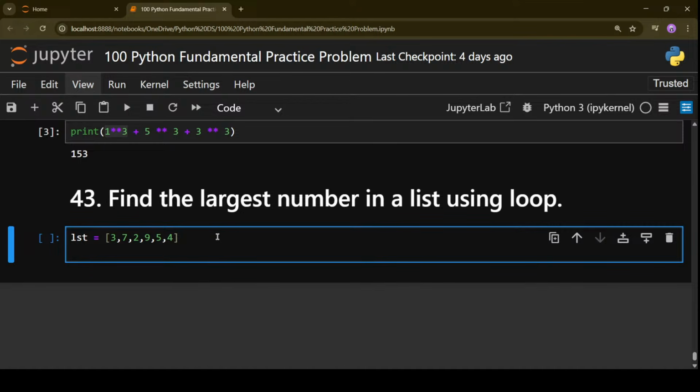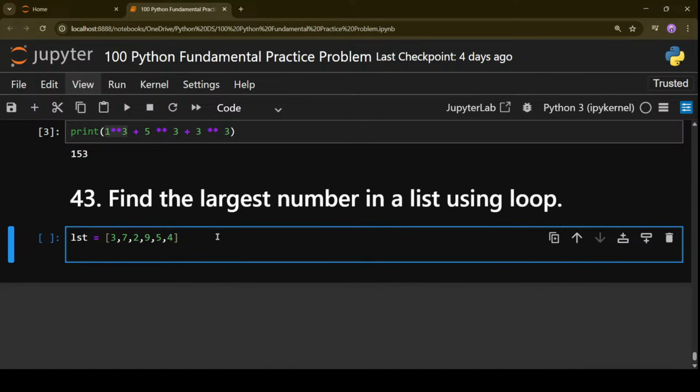Then start the loop and compare everything with the element you have considered the largest. If the current value is greater, then replace the value in the maximum.